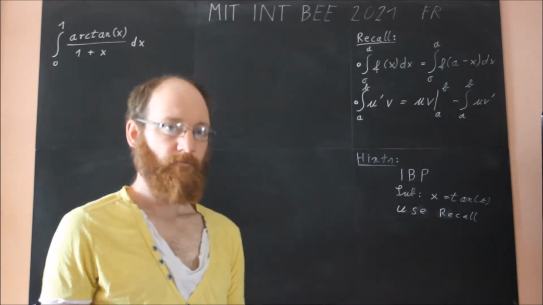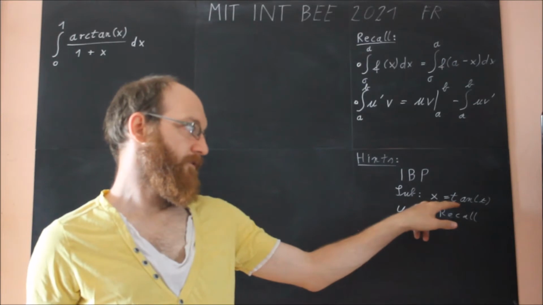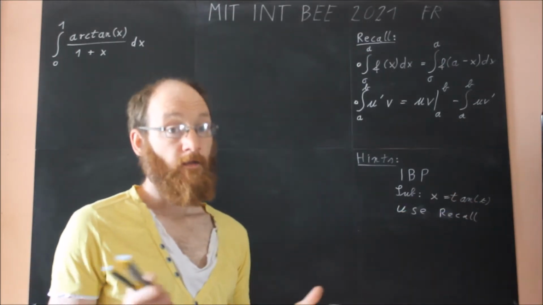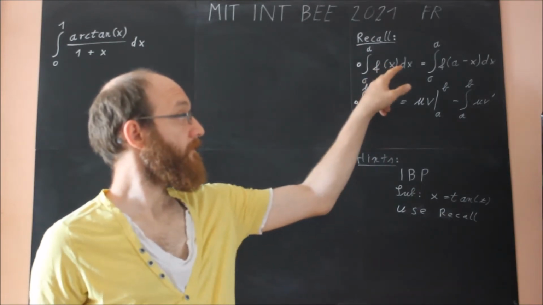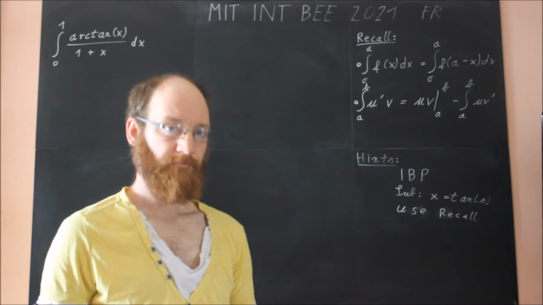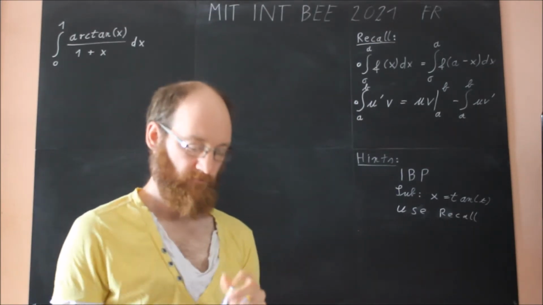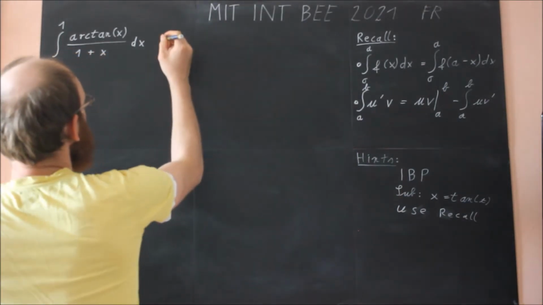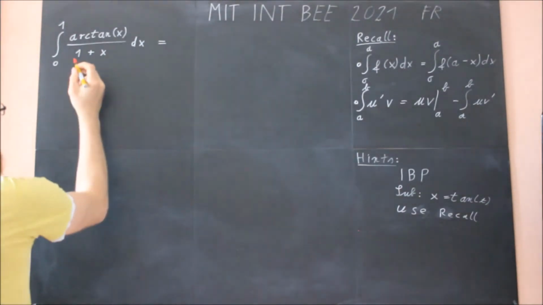is to integrate by parts, and then make this substitution: x equals tangent of t, and then use the recall to get to the final result. So let's go. So the first step is, if we integrate by parts, we choose 1 over